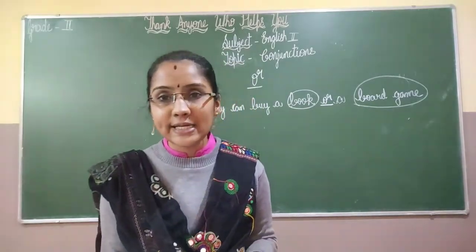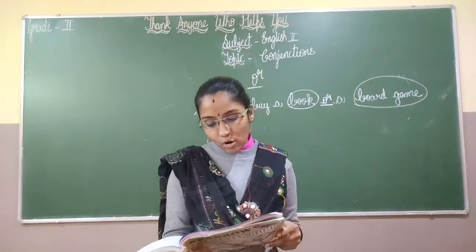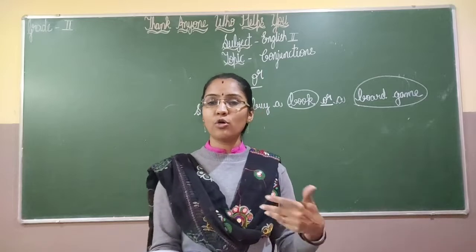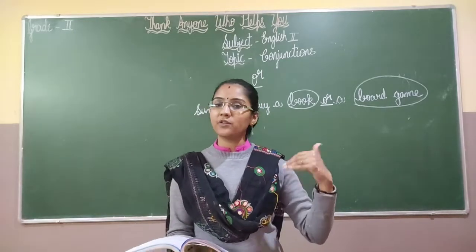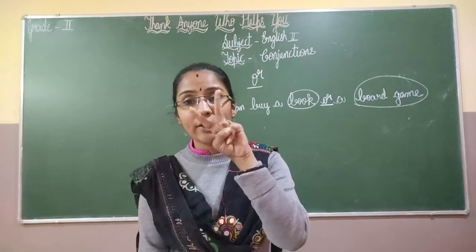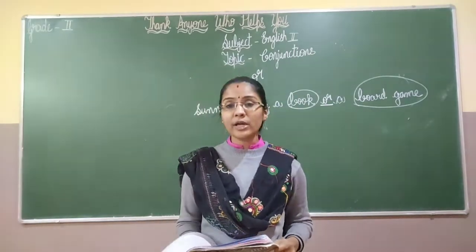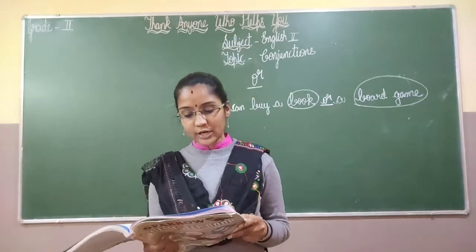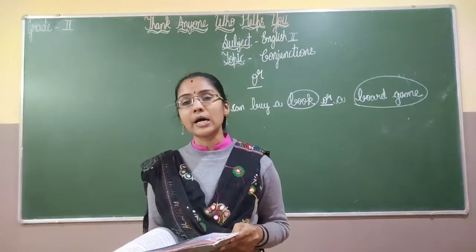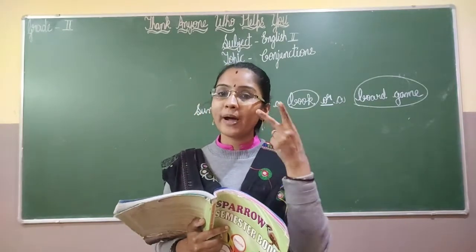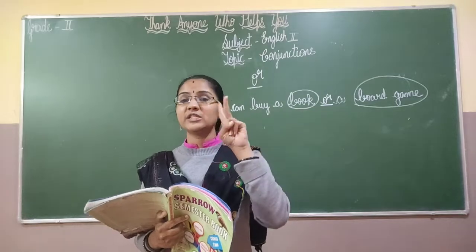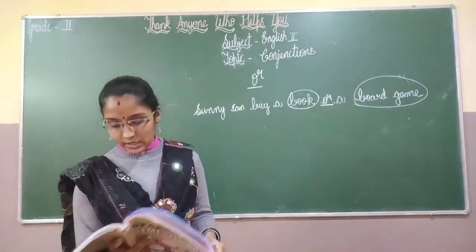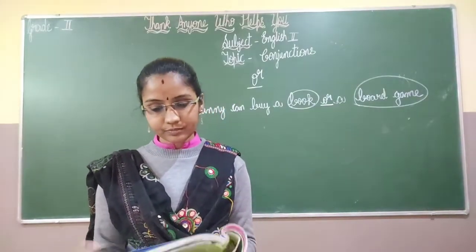Okay? Next you can see the next example. We can take an auto, we can take a bus. So we can take an auto if you are traveling somewhere, if you want to go. So either we can go by auto, or we can go by bus. So in these two you have to choose any one. So how can we write this, children? We can take an auto or a bus. So either we need to go by auto or bus. So when there is a choice of two, what are we going to use, children? We are going to use "or". Okay?